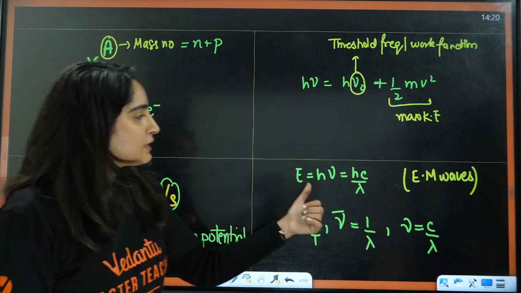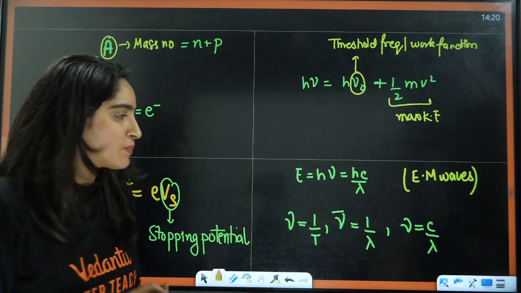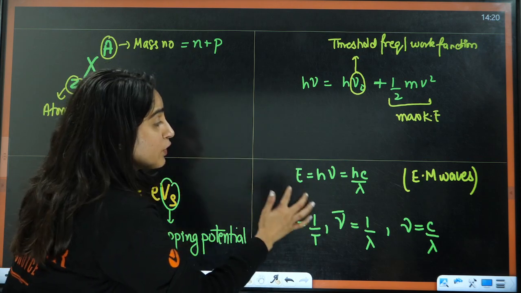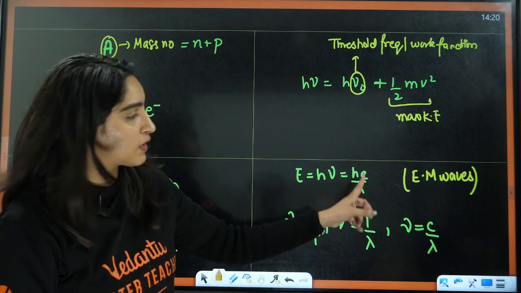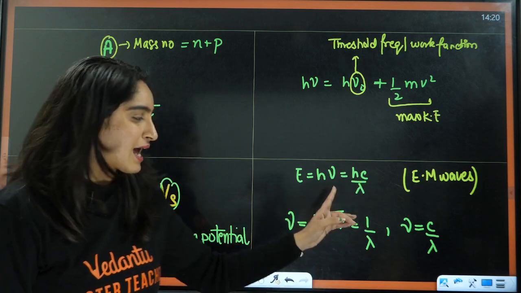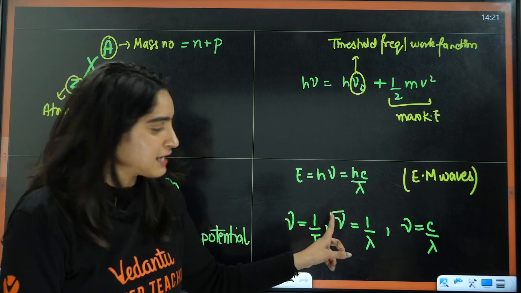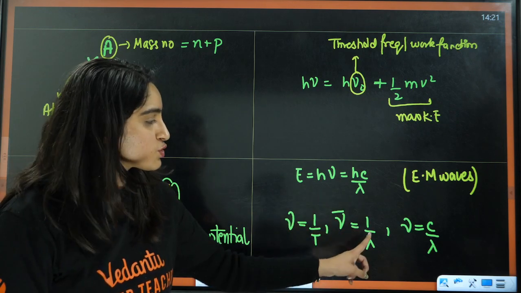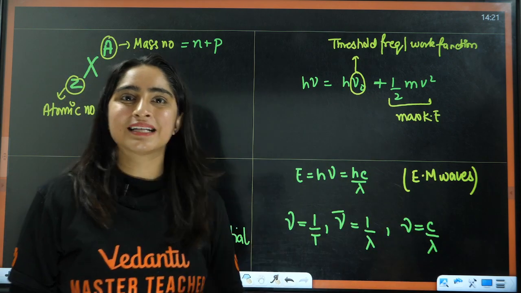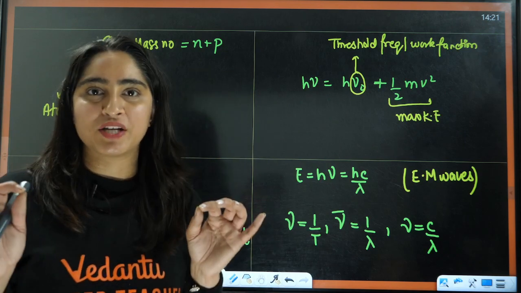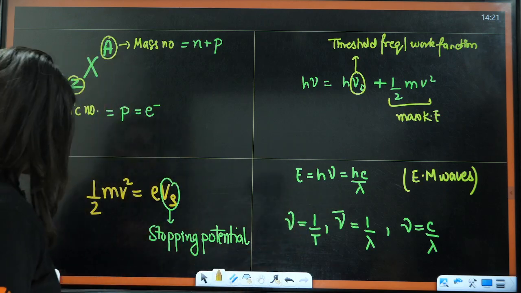Next we have the formulas for EM waves to calculate the energy, wavelength, frequency, time period, everything, wave number. Now we have E = hν = hc/λ, where ν is frequency, λ is wavelength, c is the speed of light, h is Planck's constant, then T is the time period, so ν = 1/T. This ν-bar is the wave number, equal to 1/λ, and also ν = c/λ. These are the formulas that can be applied in a big question, in a very complicated question, sometimes there are these kinds of formulas also, right?